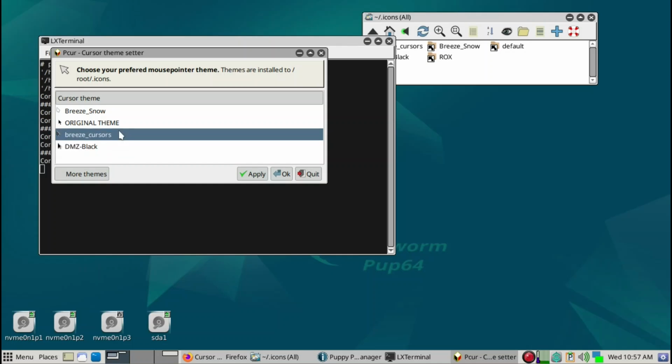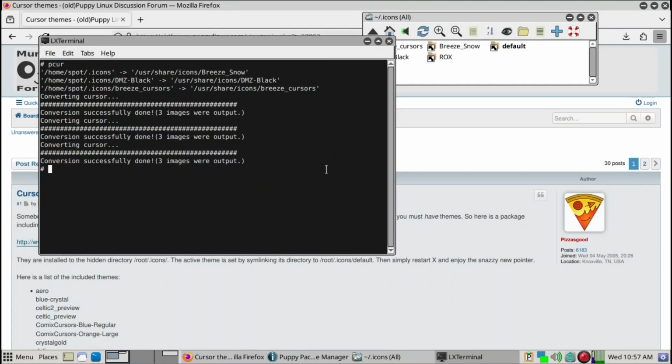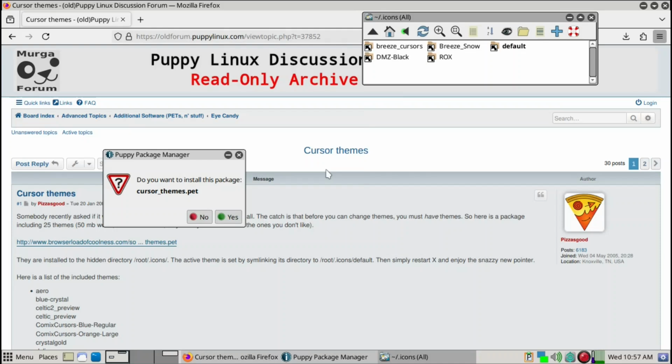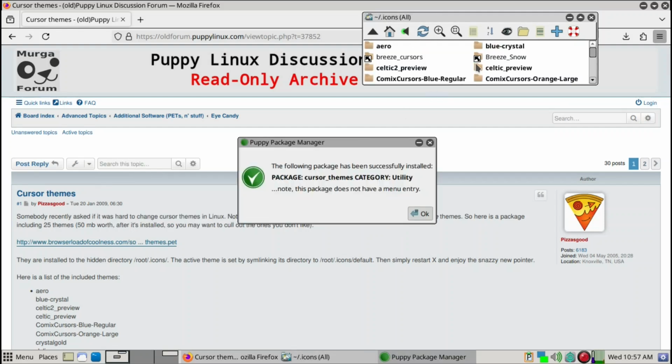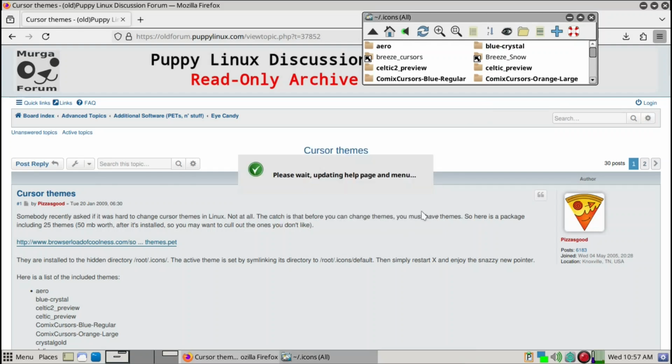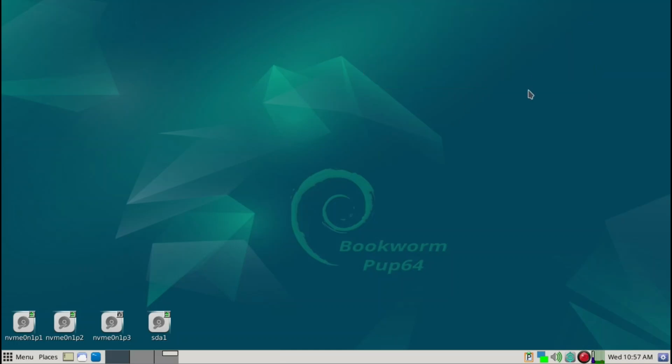So we'll just turn this into the black cursor. You just go ahead and apply, and then it turns black. So that's how you change the cursor. But we'll go ahead and install the cursor PET file, so we will install it, and you can see it populates many more. It's already done, and then we'll close this now, and then we will open up the